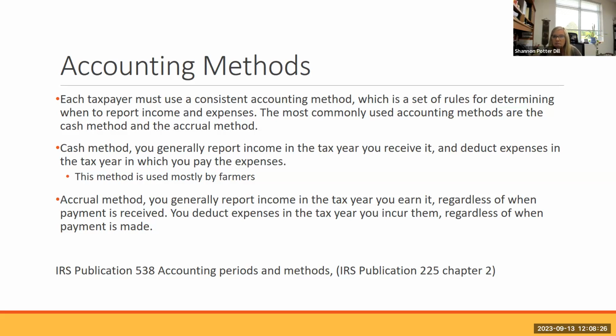There is a separate IRS publication that goes into these accounting periods and methods. So it's at least important to understand that there are two types of accounting methods, what the differences are, and then which one you'll be using for your farm. In your personal life, more than likely, you're using the cash method. It's the accrual or the when it comes in, you record it. It's there in your bank statement. So again, those are two important accounting terminology to understand, especially when you're working directly with your tax advisor.